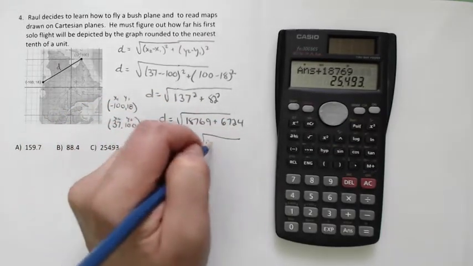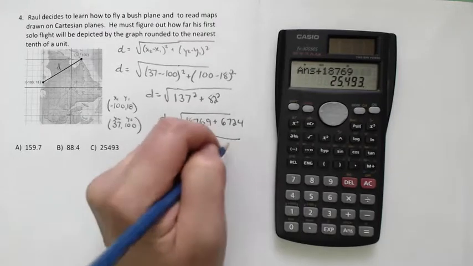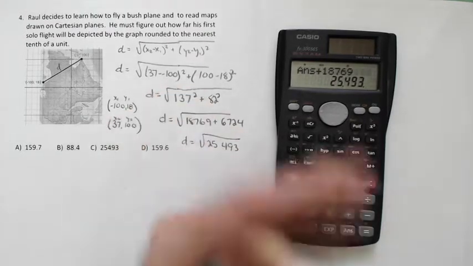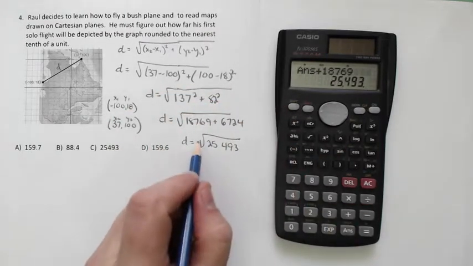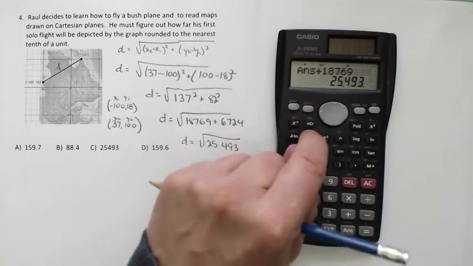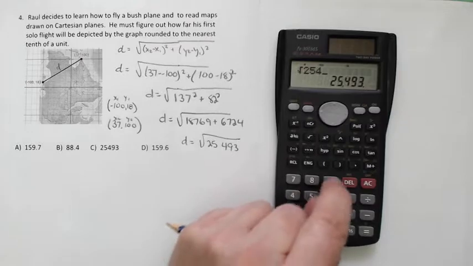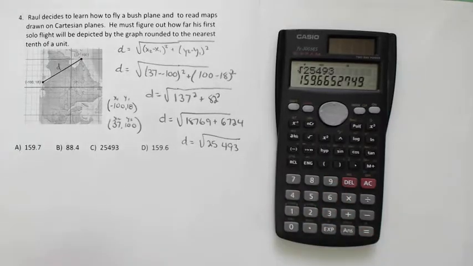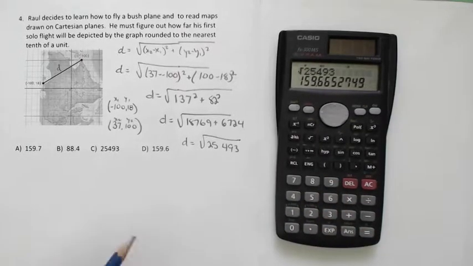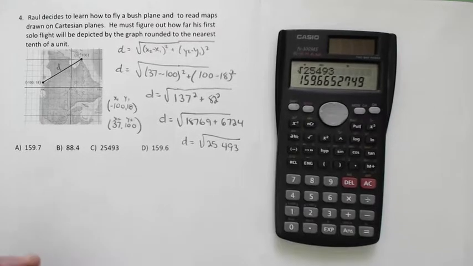If you want to write that down, 25,493. And then, of course, at the end of the day, I have to take the square root, last step. So the square root of 25,493 is going to give me 159.66, or 159.7